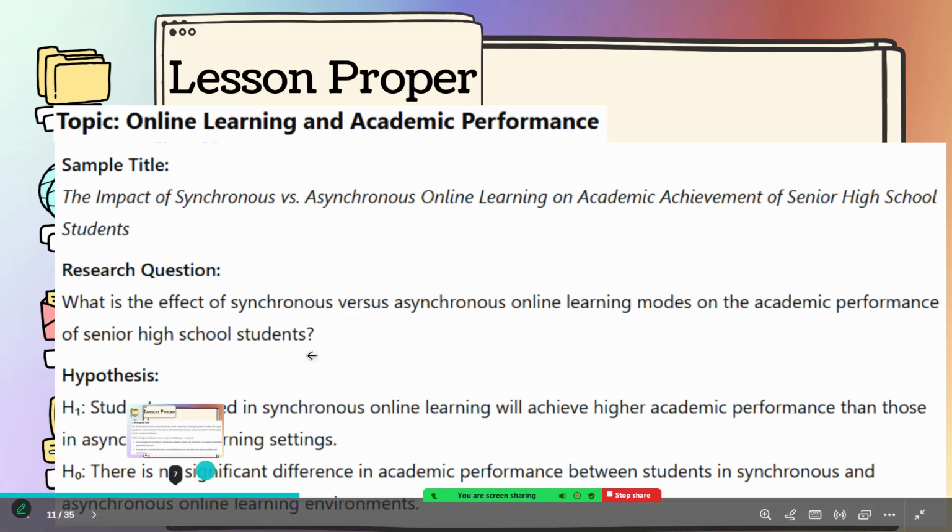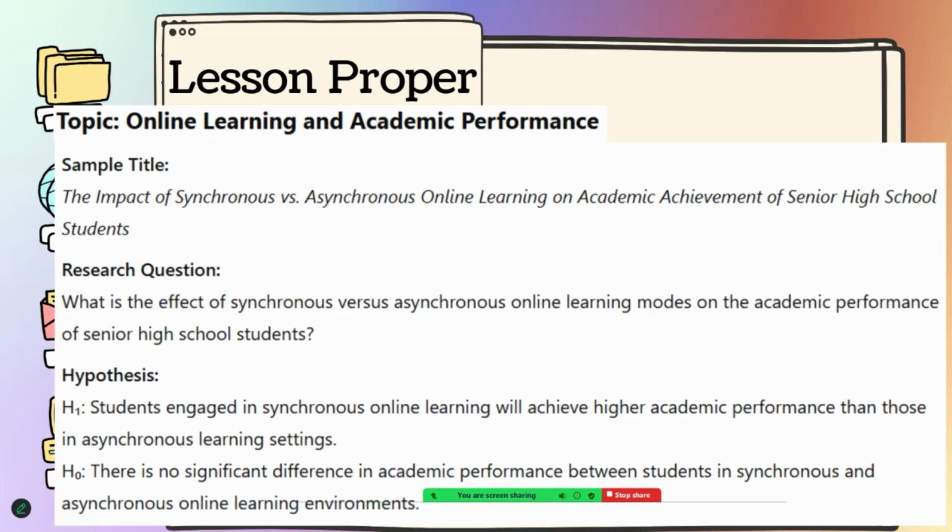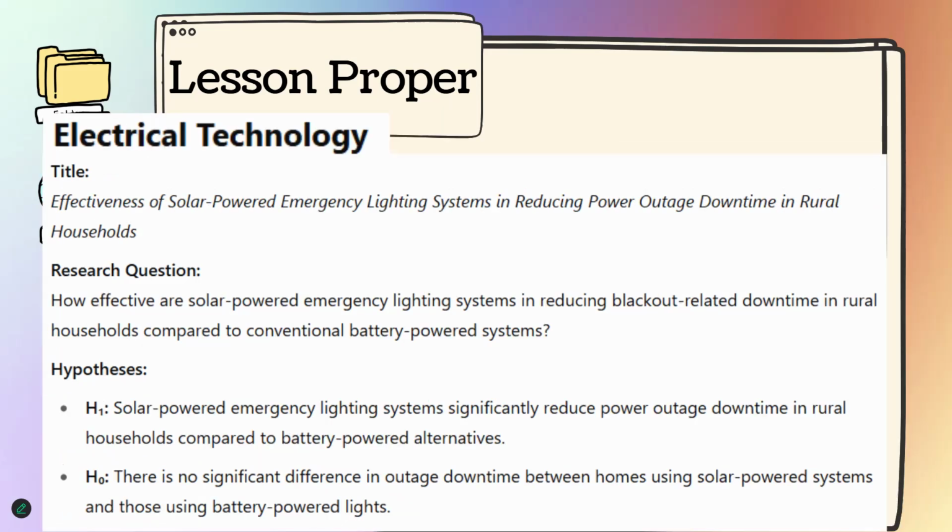For the null hypothesis, when you say null, you use the words no significant difference. So your null hypothesis is there is no significant difference in academic performance between students in synchronous and asynchronous online learning environments. So that's how you craft your alternative and null hypothesis. Another example for the topic electrical technology, the title: Effectiveness of Solar Powered Emergency Lighting Systems